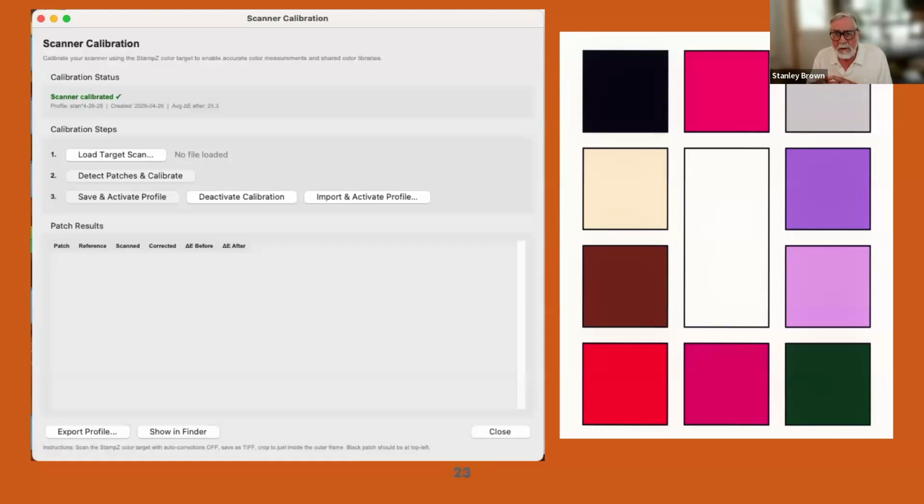But this is something that if you're interested, you need to contact me. I will send it out to you. It'll look like a gift card when you get it, not very big, and take it from there. And then what it allows is you can send me your profile results and a scan that you took on your scanner and computer, and in StampZ, it will analyze it